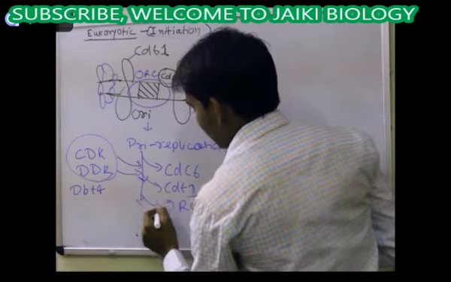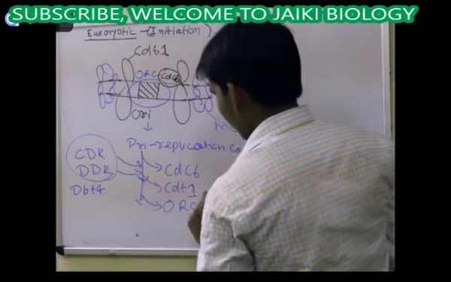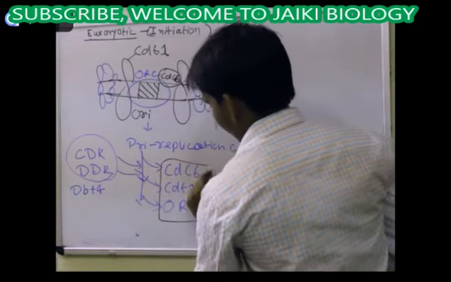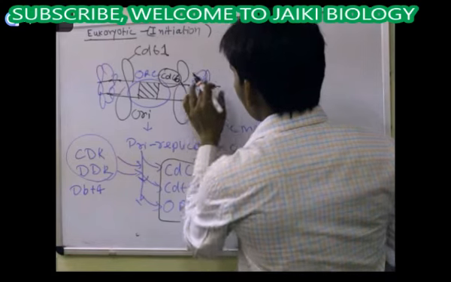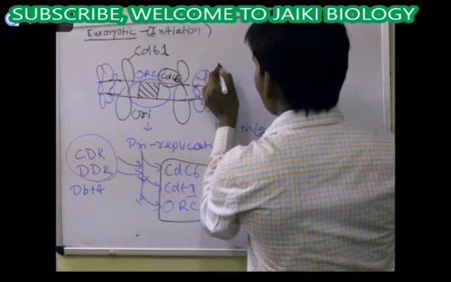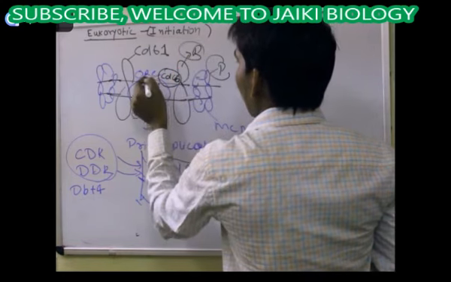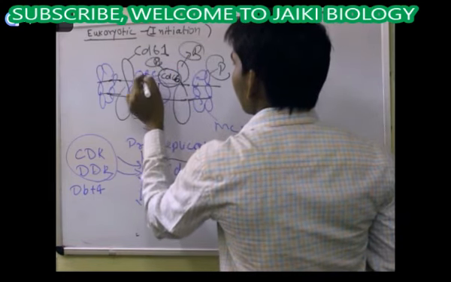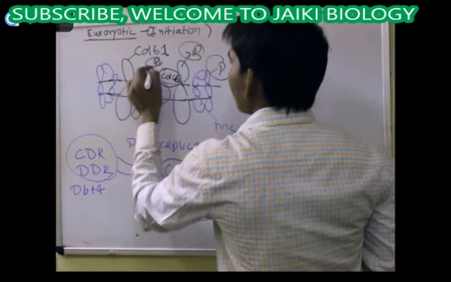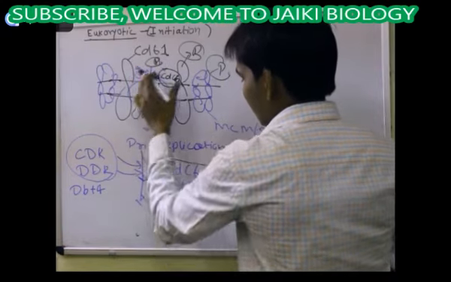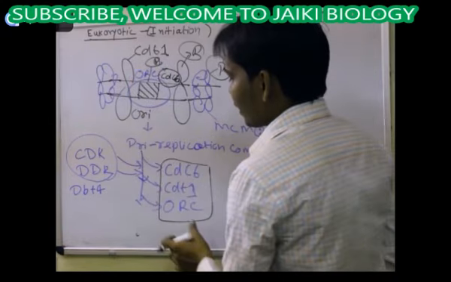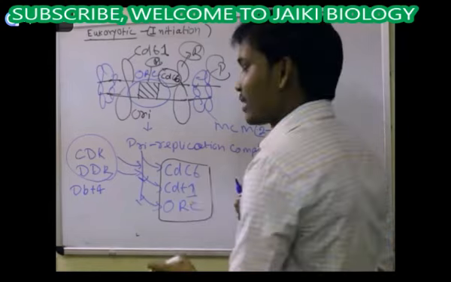Okay, these are all removed, and MCM2 gets phosphorylated, and all of these get phosphorylated. These 3 proteins are removed in the late G1 phase at the transition state,